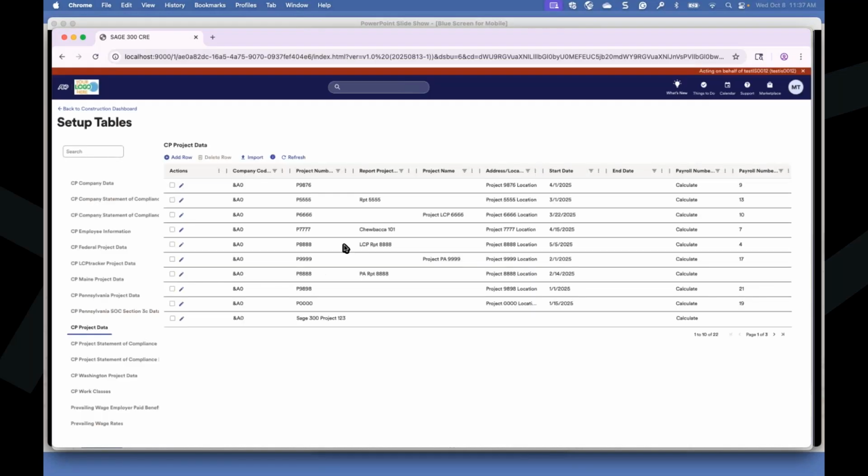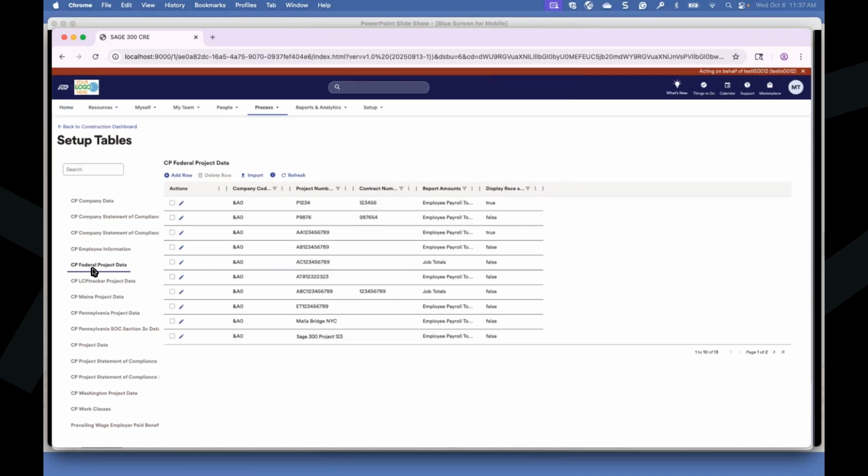Once you have that committed and everything looks good, you can go into the rest of that setup table and see, yep, I have that federal project data. It did pull over and it's here. Now it's available for your employees to transfer to for coding, or if it needs to be available for reporting, whatever the case, or even to pay them, making sure we're paying the right wages for the right jobs. So again, all of it goes into those setup tables and then flows over, alleviating that dual entry and that room for error.